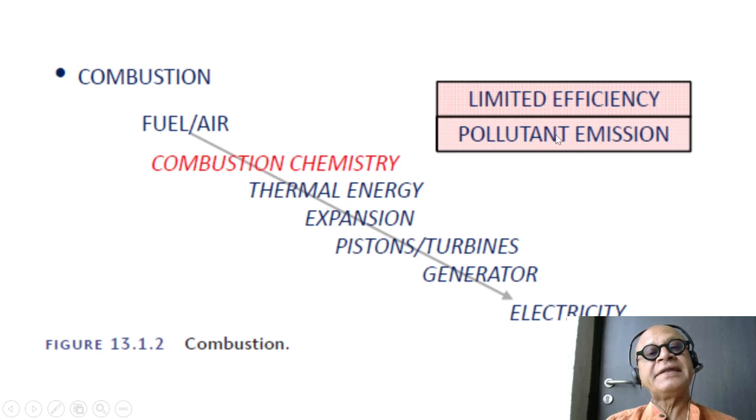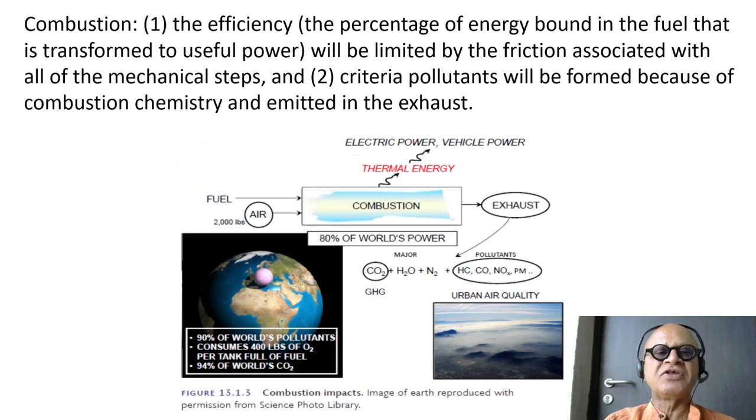And it emits pollution. So pollutants now have become a bigger concern than the efficiency itself, even though along the way there have been many efforts to increase efficiency. So combustion efficiency is a percentage of total energy bound in the fuel that is transformed into useful power, in case you didn't already know, will be limited by the friction associated with all the mechanical steps in this figure that we saw. And the criteria pollutants will be formed because of the combustion chemistry and will be emitted in